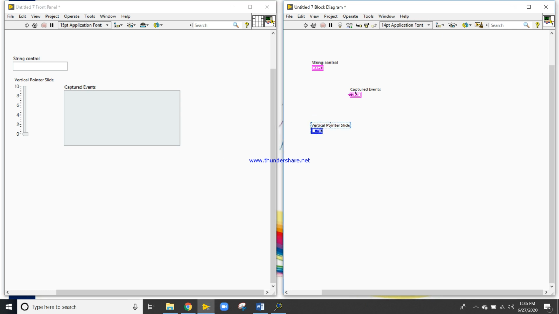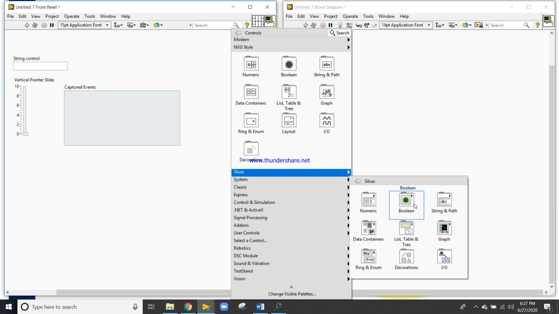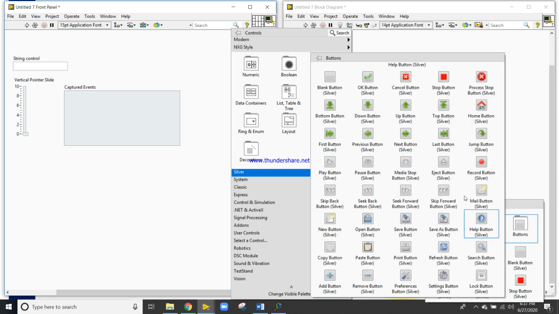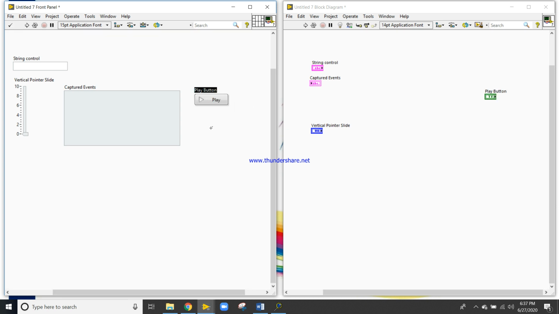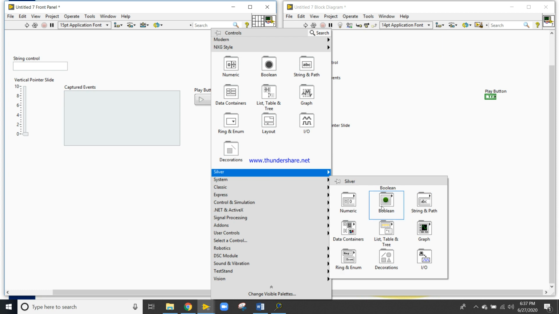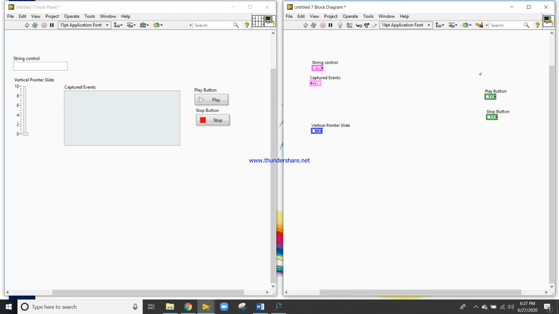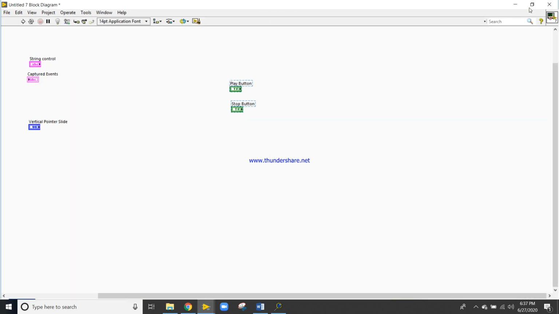Let's see, either we will keep it as it is. Right click here, come into Silver Booleans, buttons, Play button. Right click, come here, Silver Boolean, Stop. So now the objects are ready.